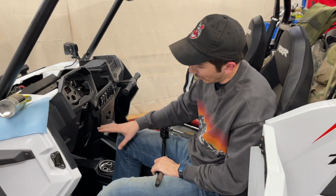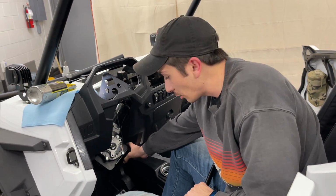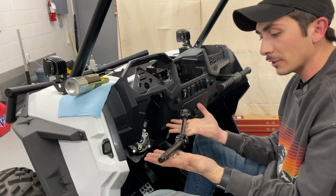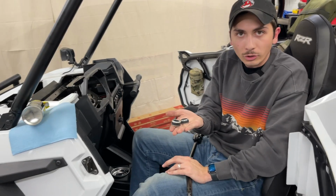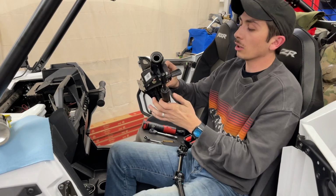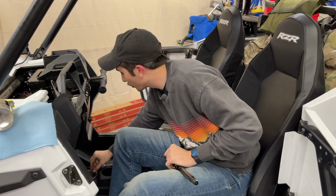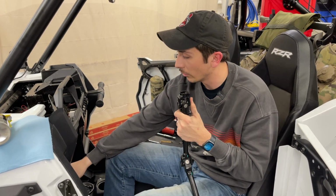All right, guys. So now that we've got the motor in and everything's mounted up nice and tight, there's no more play in it. We've tightened up all of our shaft nuts and all that stuff. We've tightened up the pedals, or the 4 pedal bolts. Now we're going to go ahead and get our upper shaft assembly, as well as our spacers, the small one and the large one. We're going to get our tilt column assembly, little securing nut and bolt, and then we're also going to make sure that we have removed this nut from the spline